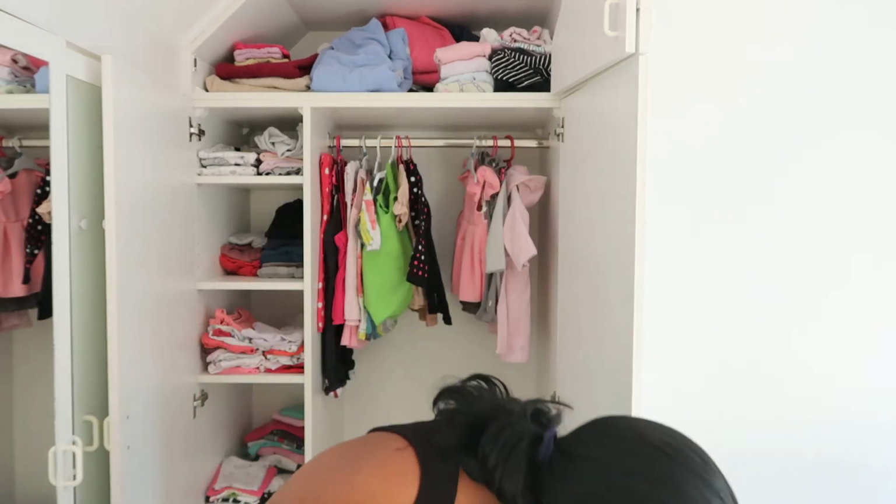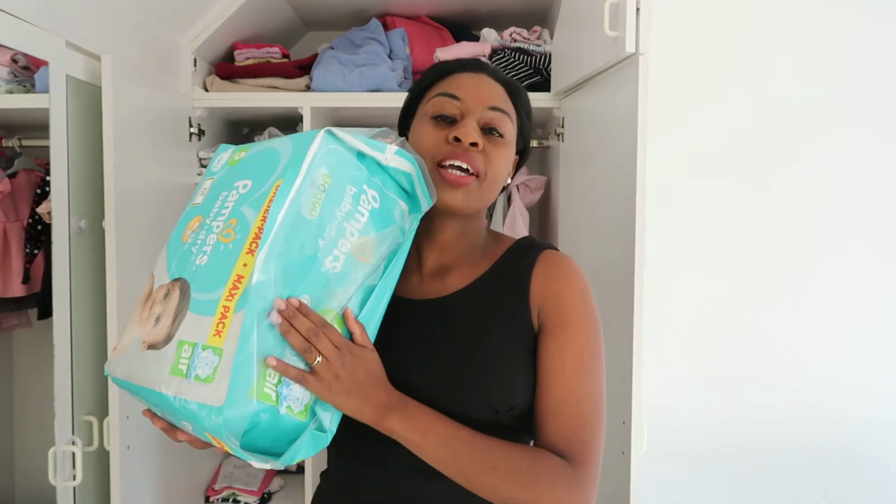And obviously they're still in diapers, so big packet of diapers. I'm sure the car is just going to be full. I haven't yet even packed their toys, so definitely if you have small kids, then you need to pack their toys. I'll probably pack stuff like their colors and some paper to color on, maybe 1 or 2 puzzles, lots of books definitely, and I'll also allow them to pick a couple of toys themselves